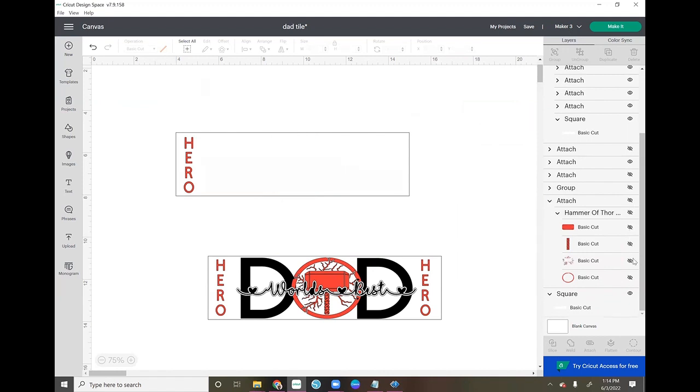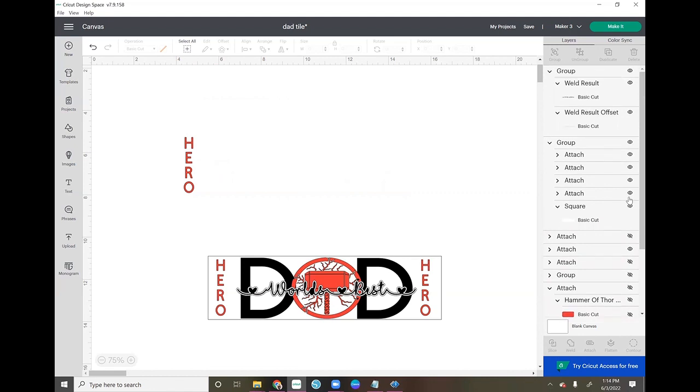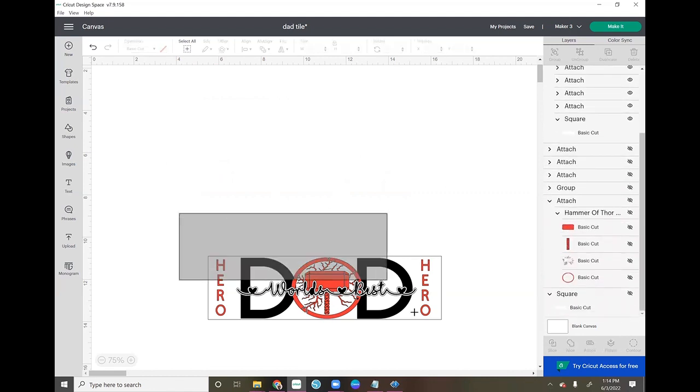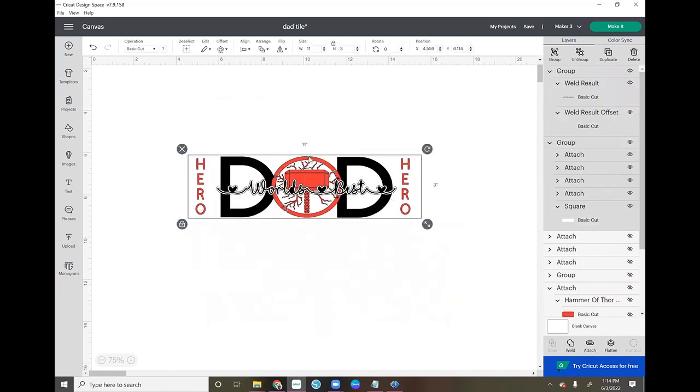I'm going to go ahead and hide all of these again so I can finish designing. Okay. And this is all going to be permanent vinyl that I'm going to be using. I think I'm using the Cricut brand for all of my vinyl, but if you use this specific file,